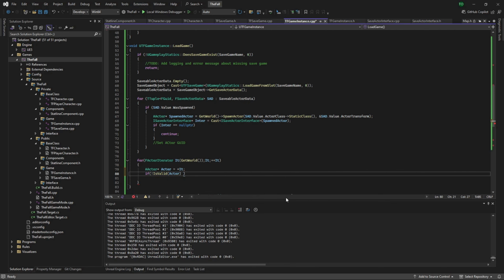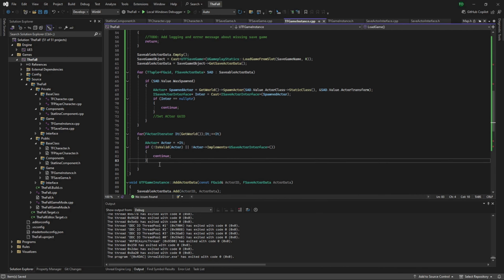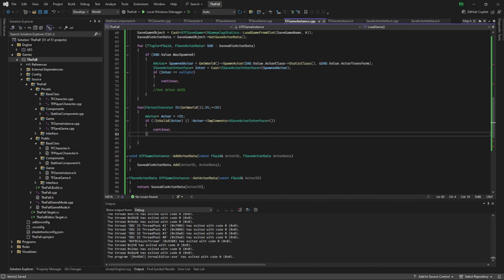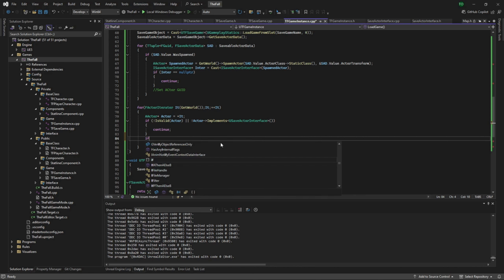actor, or doesn't actor implement ISaveActorInterface, we're going to continue. And this is one of the things I had done that I actually didn't like. I wanted to refactor it in my previous attempt. So if